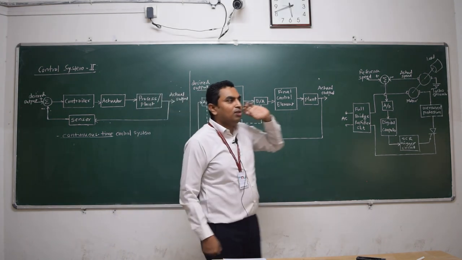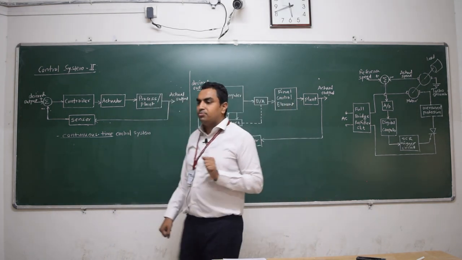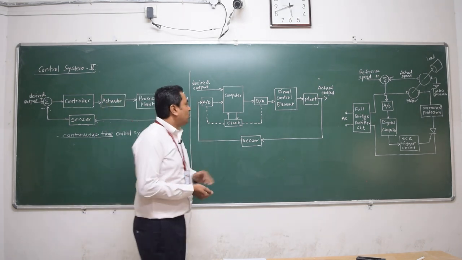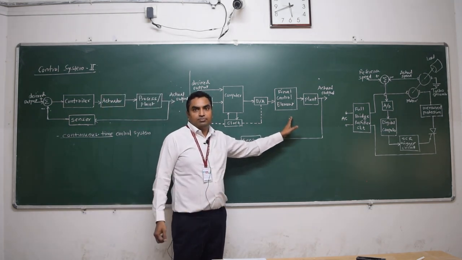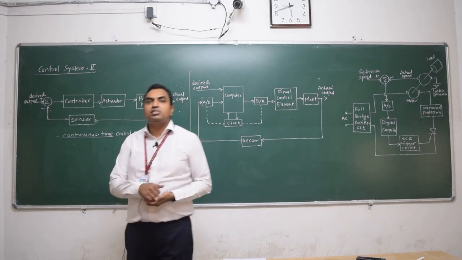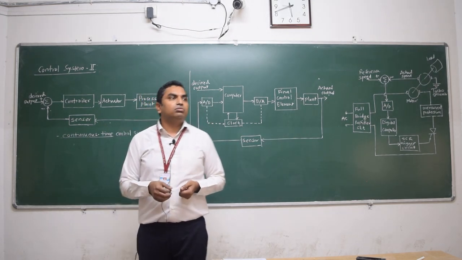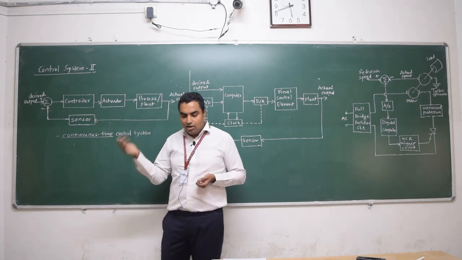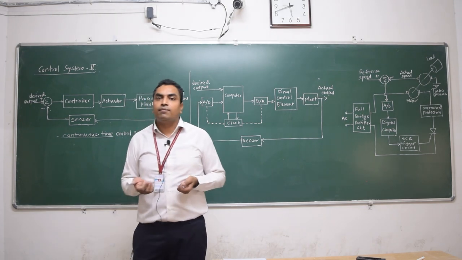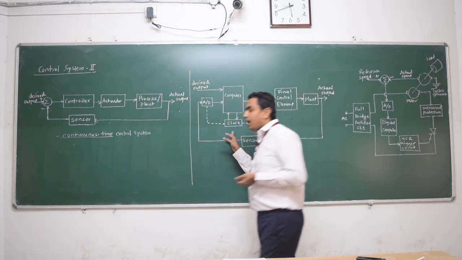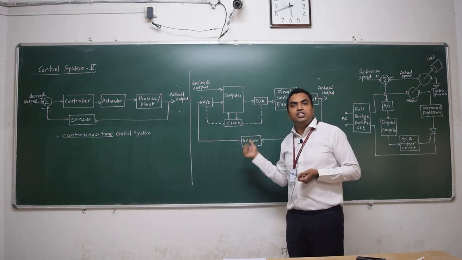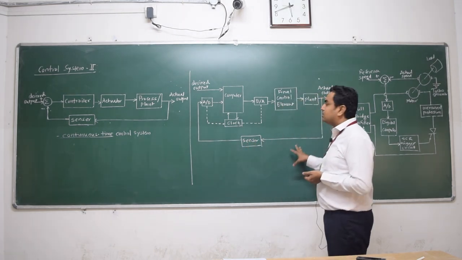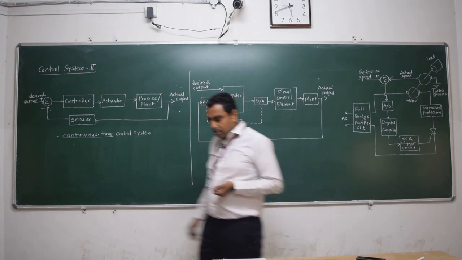Now again, when we talk about a digital control system, there are different terms like discrete time control system, sampled data control system. What are these different terms? And what are the different types of digital signals? When we talk about a continuous time system, we talk about a continuous time signal, analog signal, quantized signal. Similarly, here we have a sampled signal, digital signal, discrete time signal. So what are these terms? That we will see in the next session.